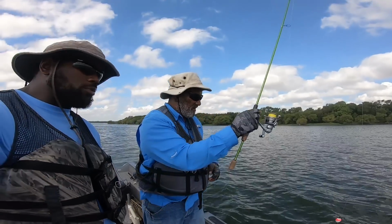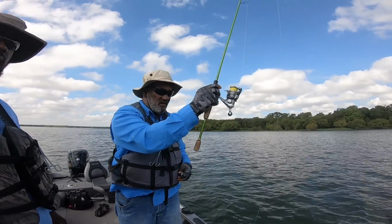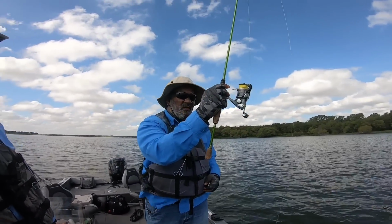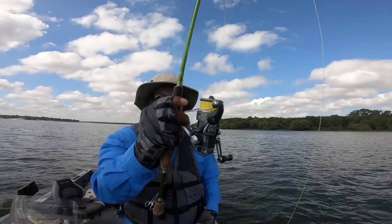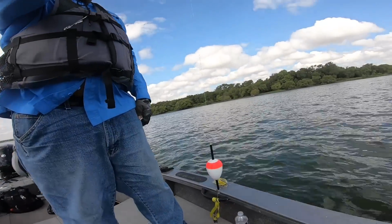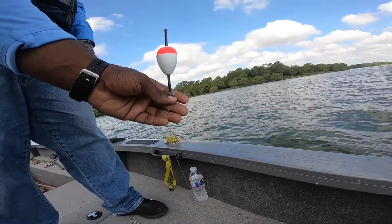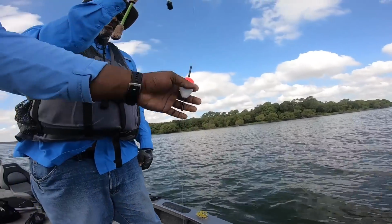You know we're gonna be using these 7/6 and 8 foot rods. Dad's got the 7/6 with his Power Pro line, Shimano Sienna reel. All right, we got the split shot. We got the hook on bottom, split shot a couple of inches up, and then we have a free